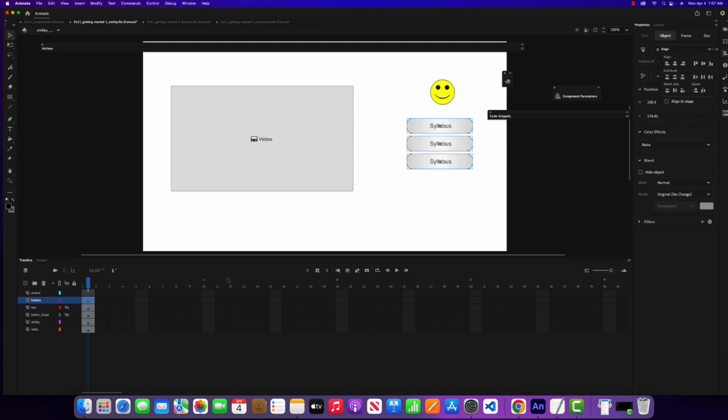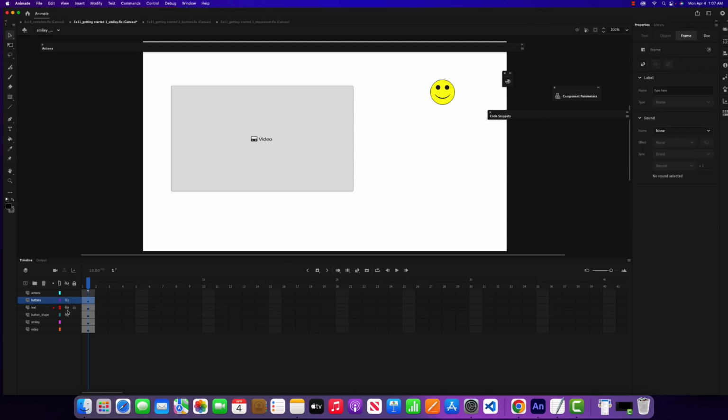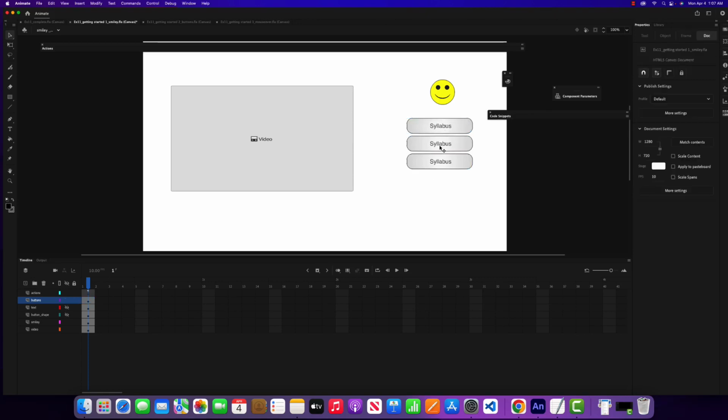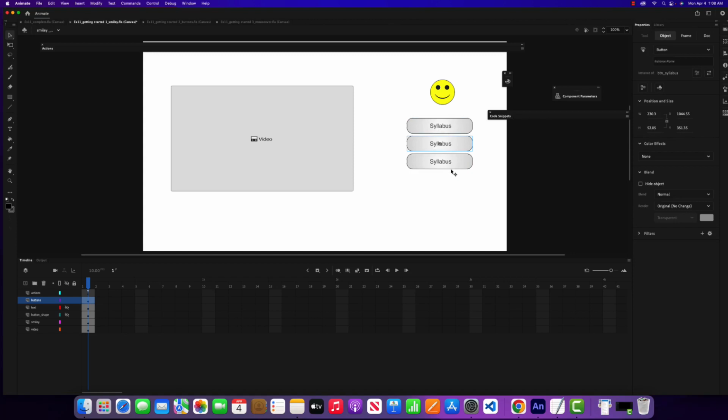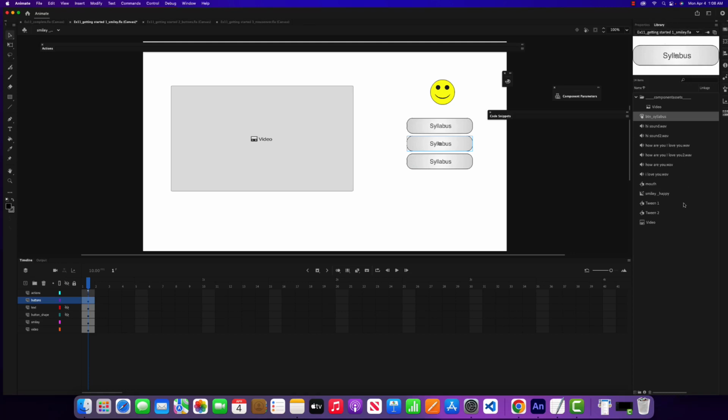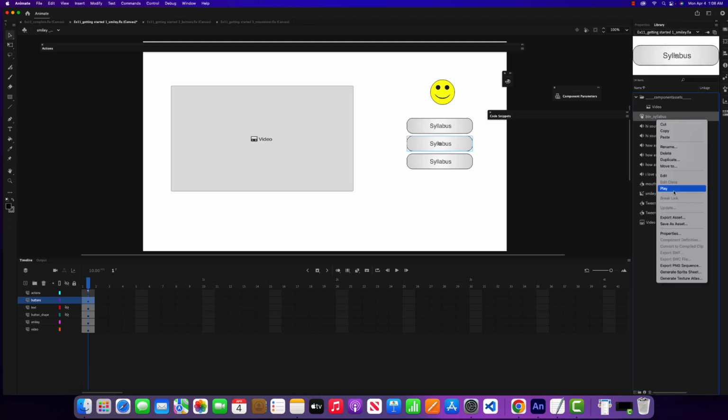And next I want to change obviously the text for those buttons. So I have about instructor and student gallery. Okay, great. So if I start changing the text now, it will change on all three of them because they're exactly the same. So first what I need to do is duplicate the button,